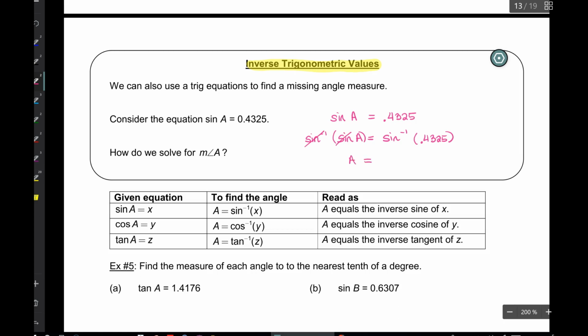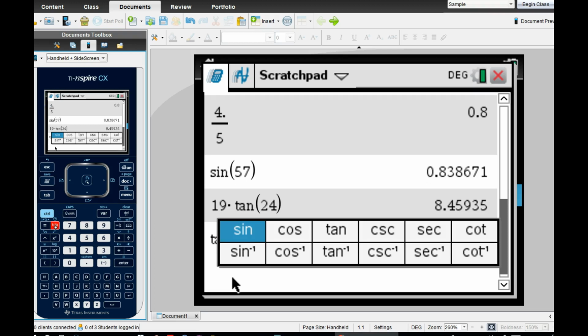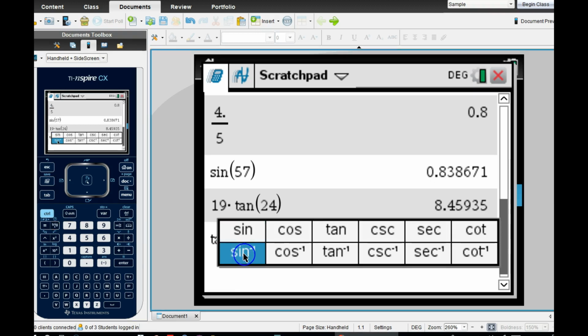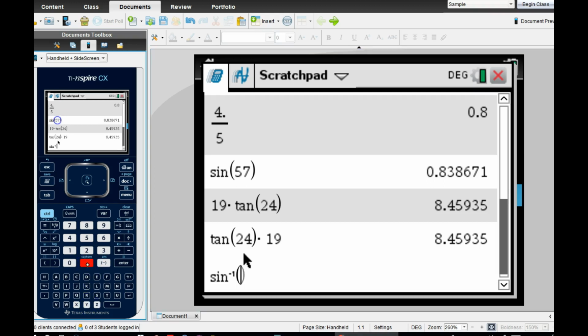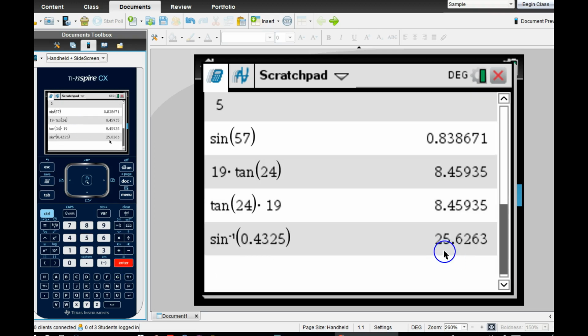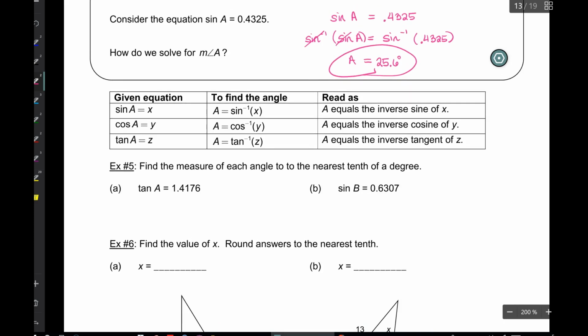and we're just left with the measure of angle A. So if you go to your calculator and you go to your trig, you'll see right underneath the sine is the sine inverse button. So that's where we're going to put 0.4325. And then press enter, and we get 25.6 degrees. So we can basically find the angle measure using sine inverse, cosine inverse, or tangent inverse, depending on what